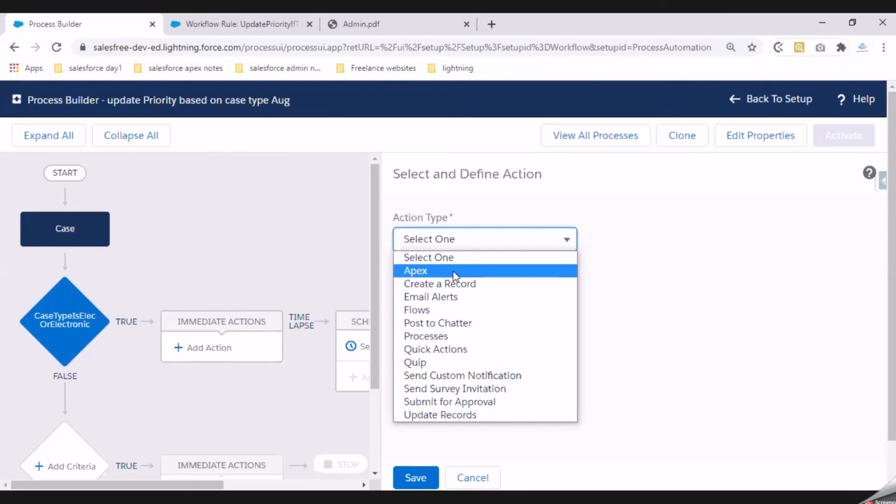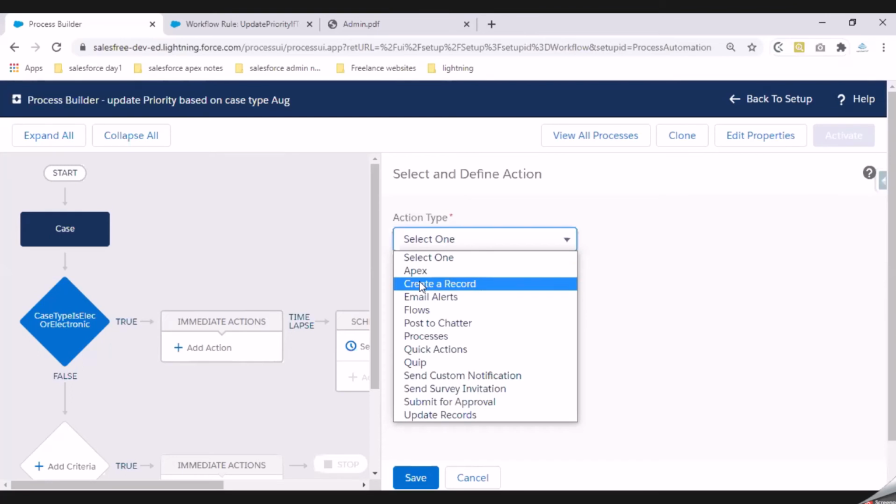Alright. So we'll discuss what that apex method is and all in our development class. For now, what you can remember is if you have a process builder and you want an apex method to be called, you can always create an action and select this apex as an option where you can call your apex method. Alright. Now, that is your first option.